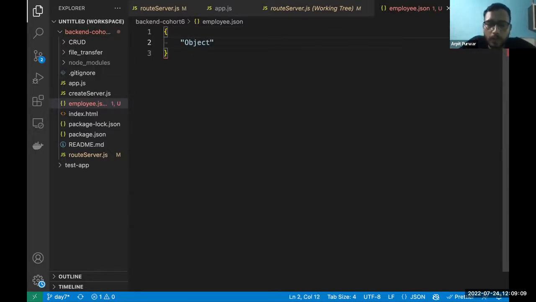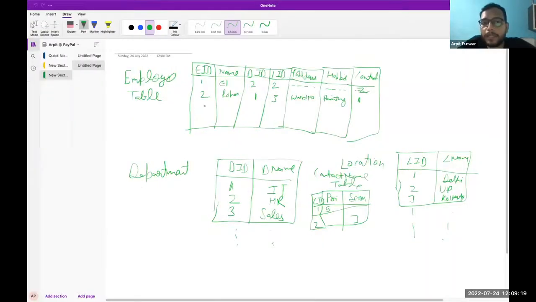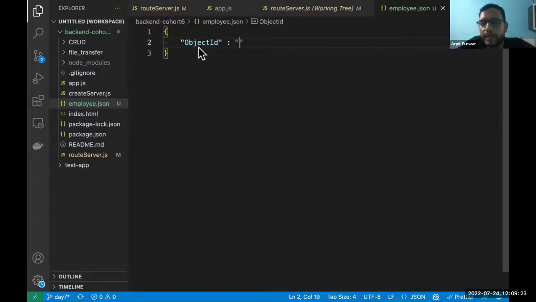They say it as a document. All one object is called a document, and this is the document ID. Similar to the ID column, we have a document ID for each department, and that document ID is called the object ID. This could be any random alphabetic letters A, B, C, D, and it should be unique. Correct?